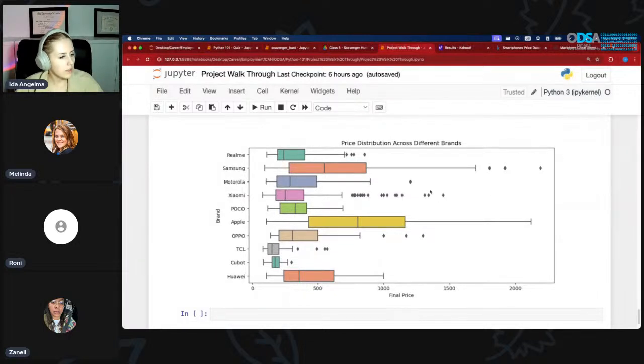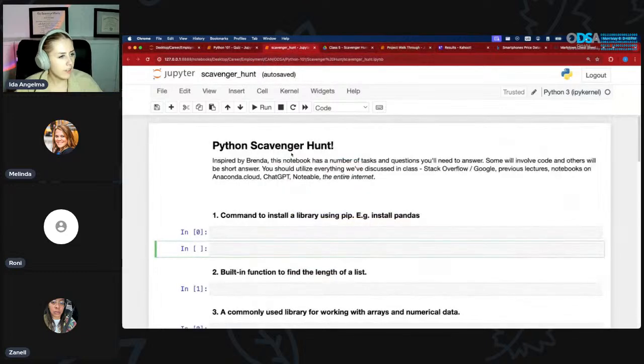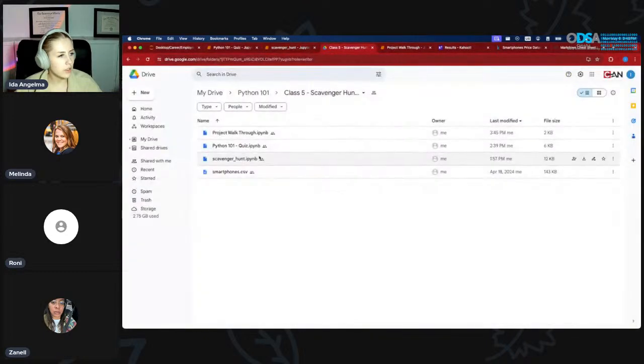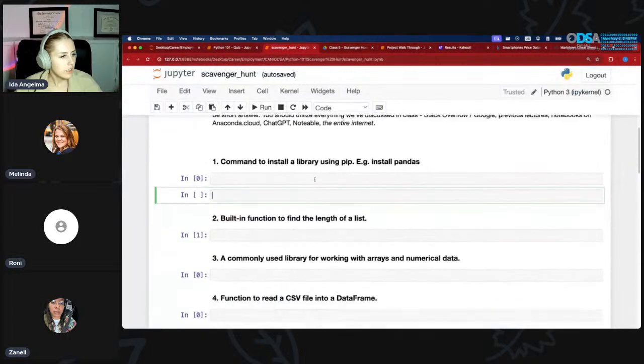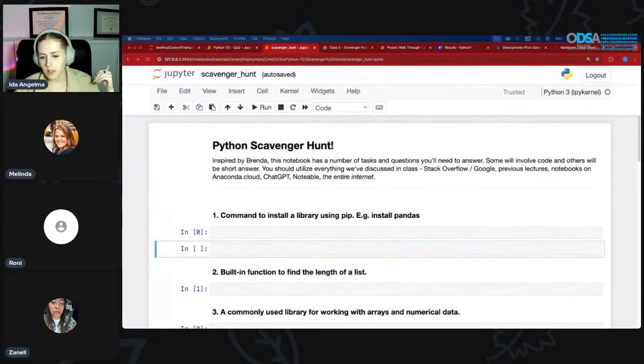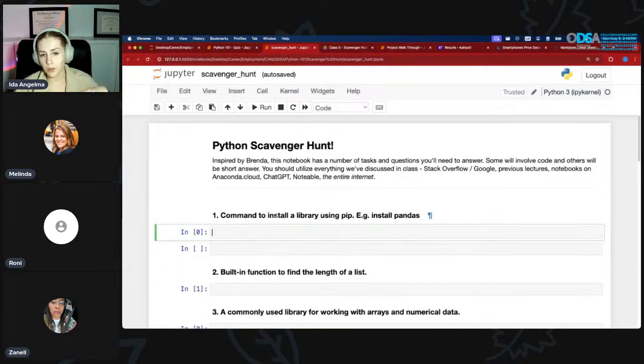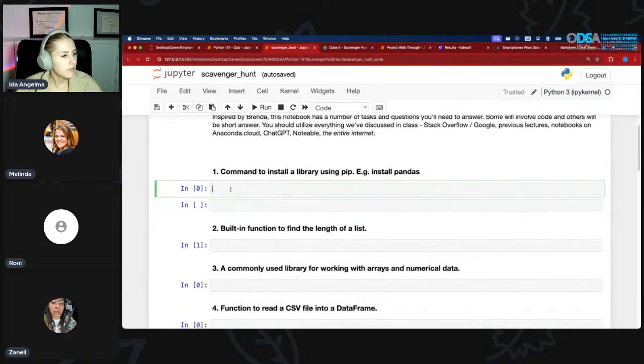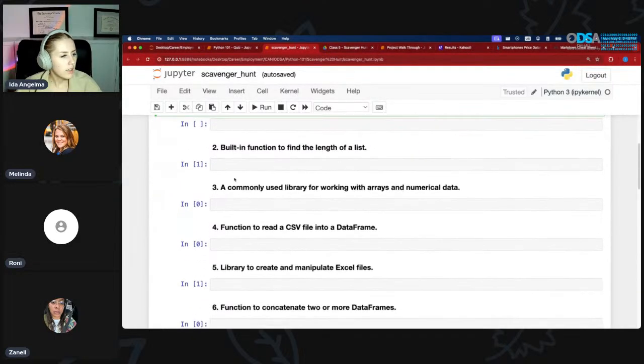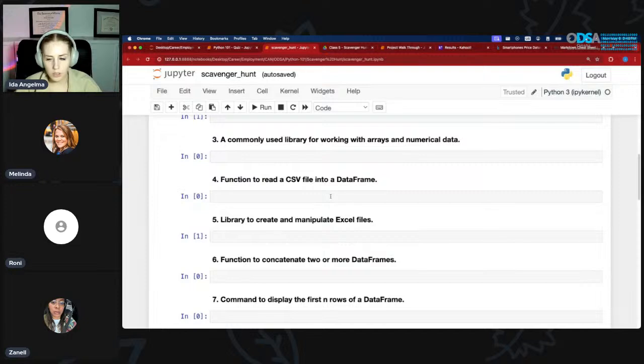Easy peasy lemon squeezy. So for the end of the week, complete the scavenger hunt. This is in the shared folder, scavenger hunt. Upload it and open it in Jupyter Notebooks, Anaconda Cloud, or Visual Studio Code. I personally prefer Jupyter Notebooks, but if you don't want to have the local distribution, just do Anaconda Cloud. And complete it here. As we talked about earlier, not everything is going to be a bunch of code. It might be just